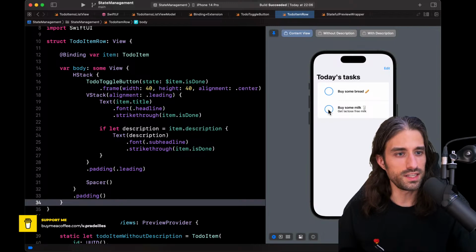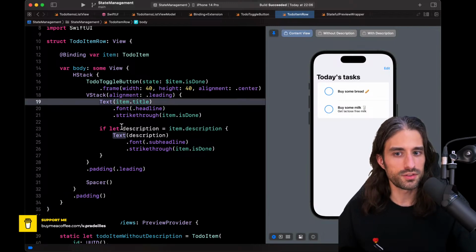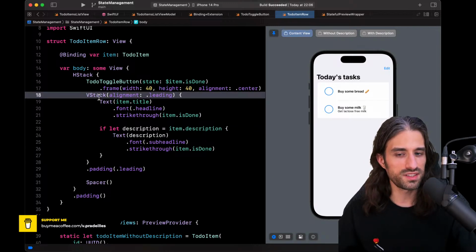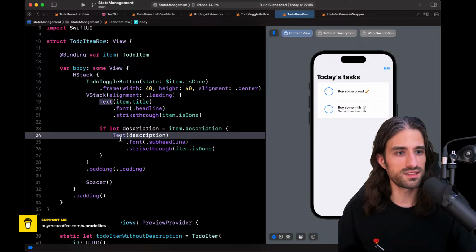without it, it works. And the reason why it works is because the text have an intrinsic size, because when you have the string and the font, you know how much space it takes to display it. The VStack has an intrinsic size because it's a combination of two texts that also have an intrinsic size.